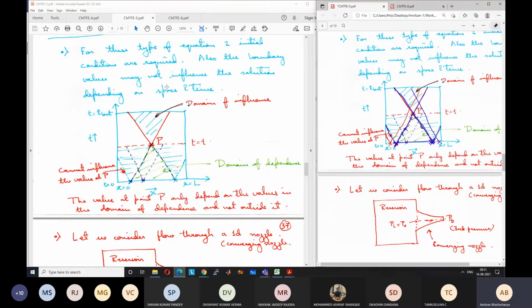Previously, we have seen problems like thermal or fluid flow problems, the parabolic or elliptic problems, where boundary conditions influence the solution, and initial conditions influence the solution. But for this type of equation, the wave equation or hyperbolic equation, the boundary conditions may or may not influence the solution. So can you please give an example in this domain where the solution at a particular point is not influenced by the boundary condition, or which boundary condition does not influence the point?